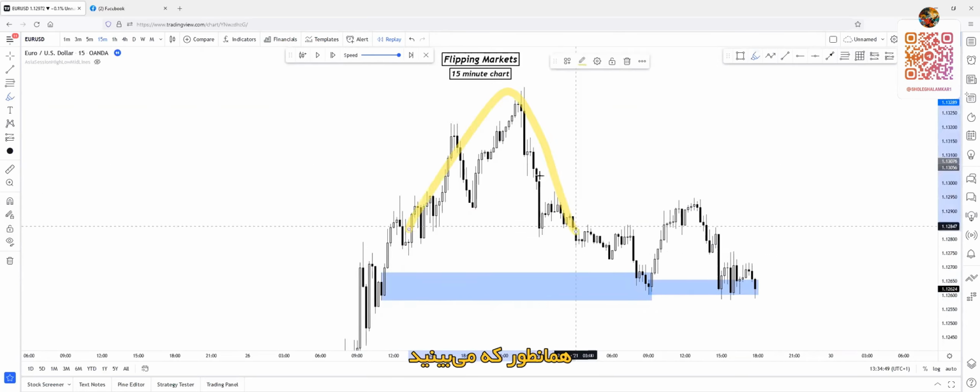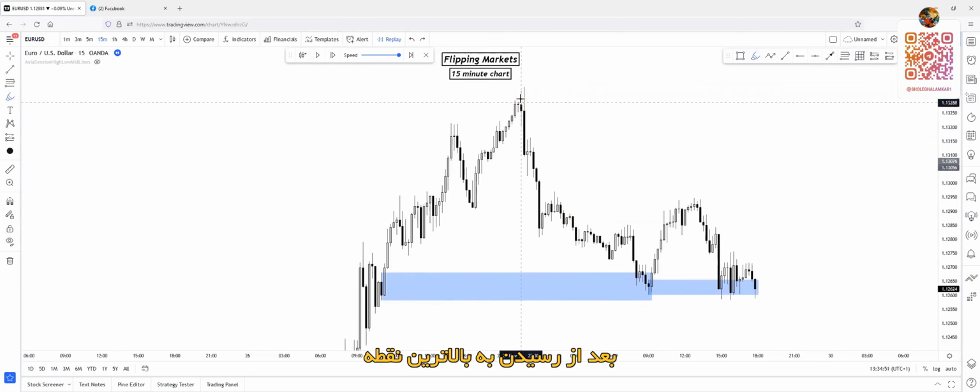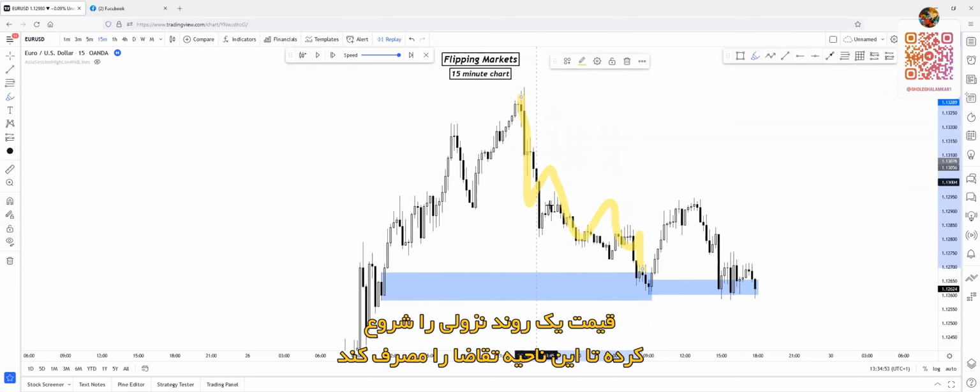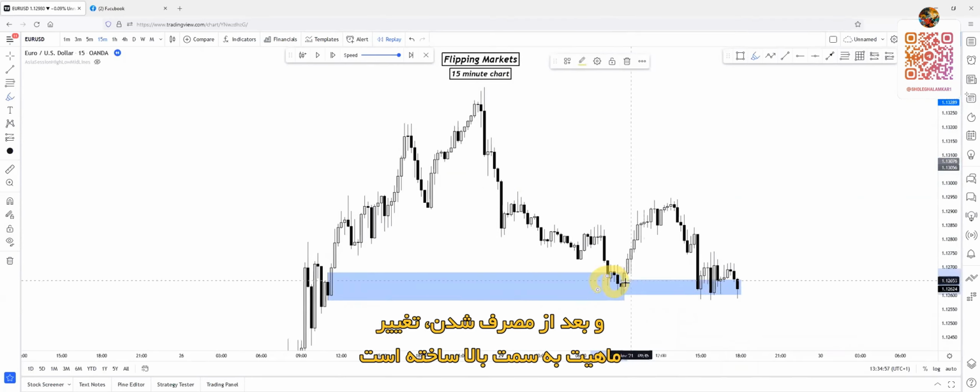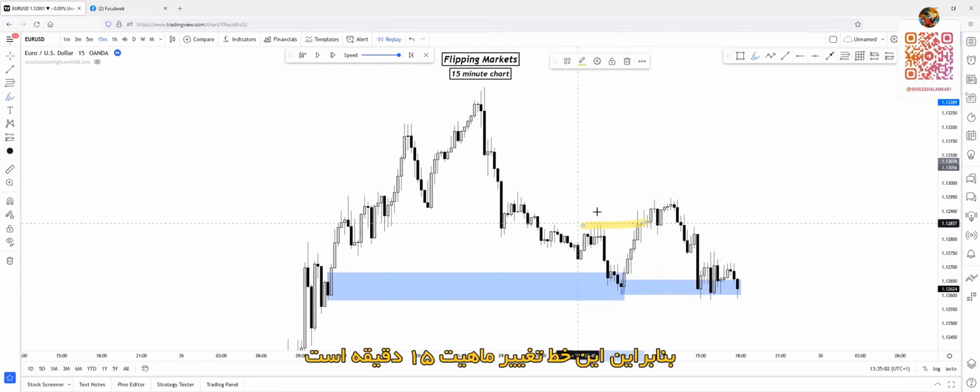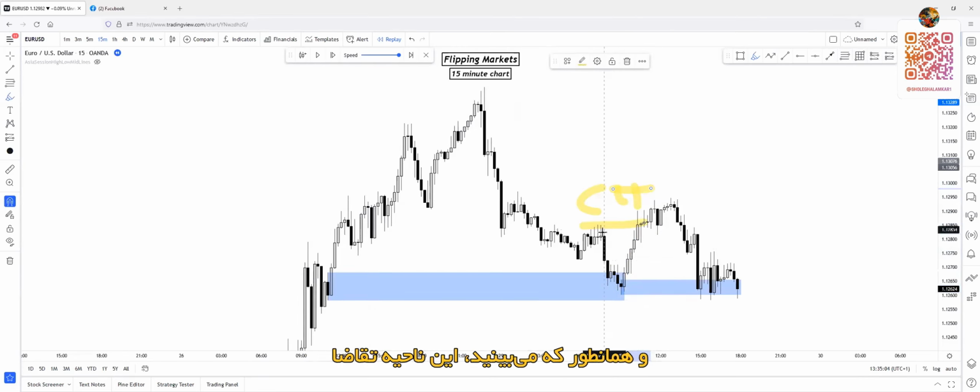As you can see, price, after the high point was reached, reversed and started a bearish trend on the 15-minute chart to mitigate this demand zone. After the mitigation of this demand zone, it changed character to the upside with this movement. So this is a 15-minute change of character on this line. And as you can see,